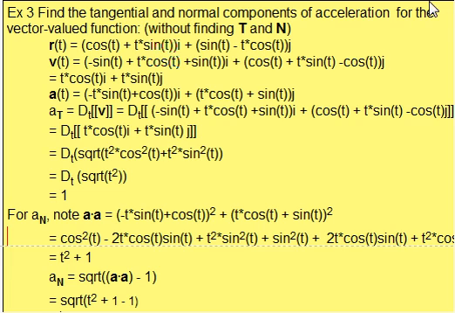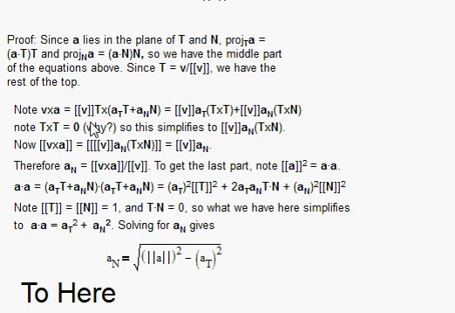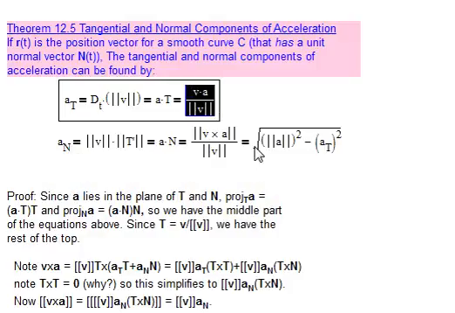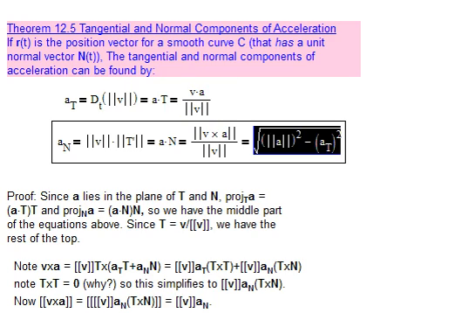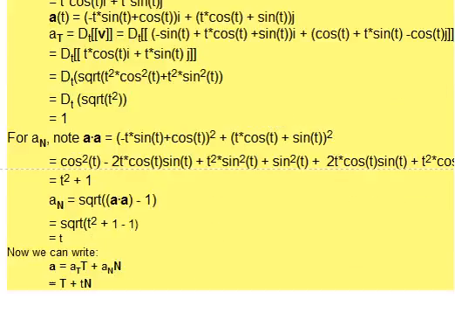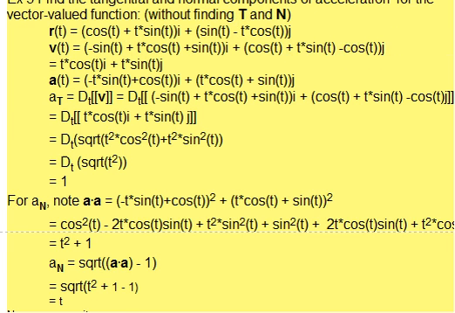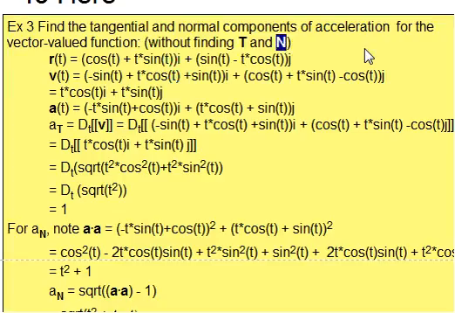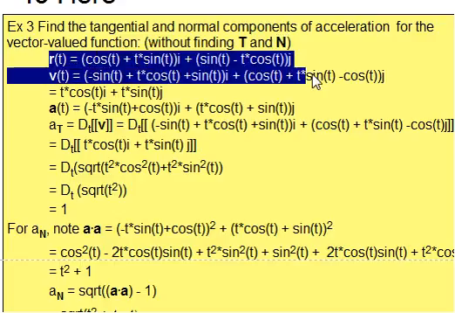Here's an example where we're going to use this theorem that we have up above for finding the tangential and normal components of the acceleration vector. And we're going to do that without finding the unit tangent vector and without finding the unit normal vector. The unit tangent vector is the derivative vector divided by its length. The unit normal vector: find the derivative of the unit tangent vector and then divide by its length. That can get pretty lengthy, so we're going to do it without that. The vector valued function is r of t